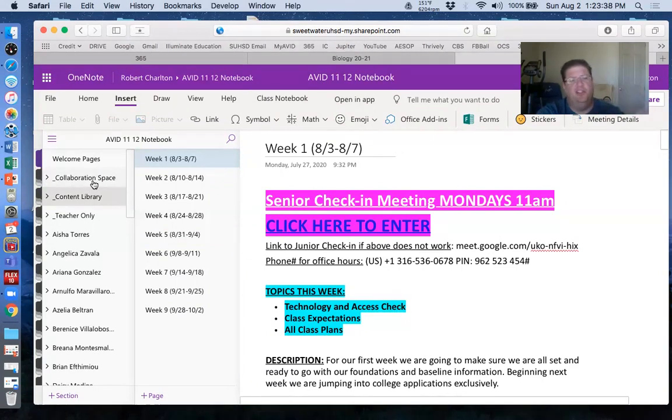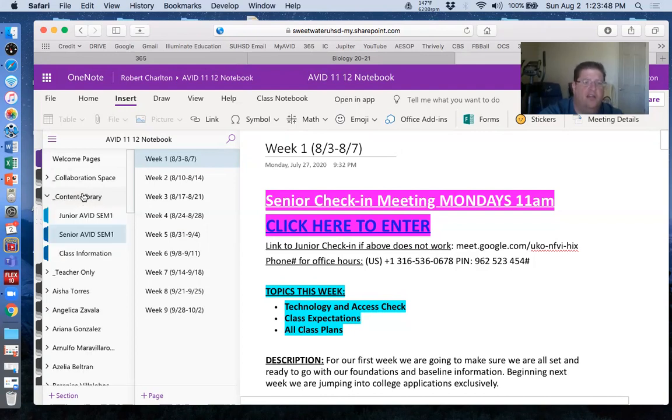That's a space where you get to type something, I get to type something, and we all get to see each other's stuff. What you're going to be using most of the time is this one right here. It's called Content Library. Once you click on that, you'll see that juniors have one set of curriculum and assignments. The seniors will have a different set of curriculum and assignments. The third section is called Class Information, and if you click on that,